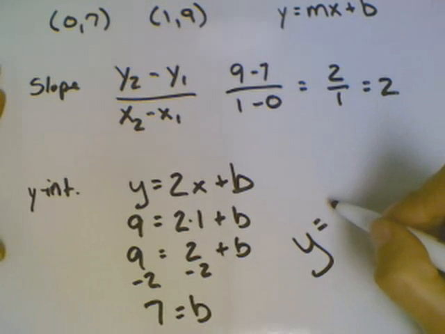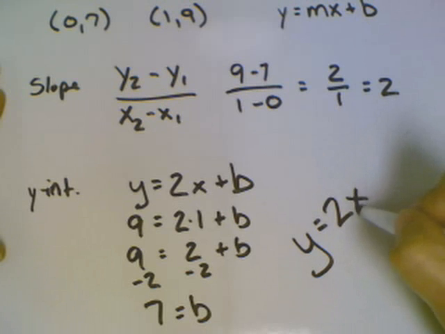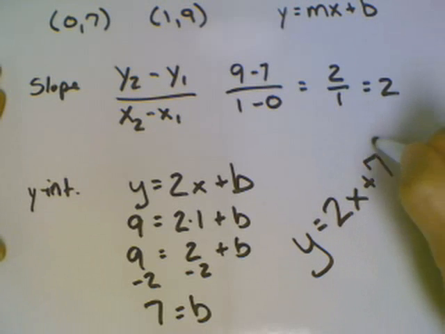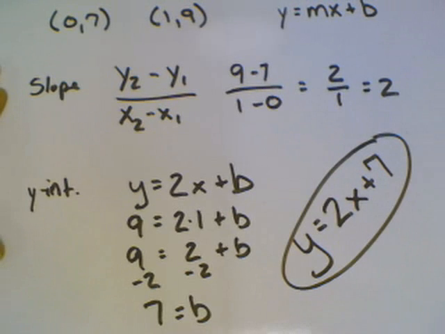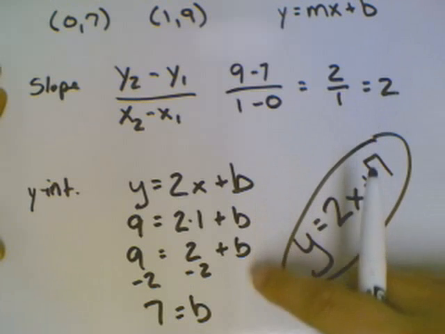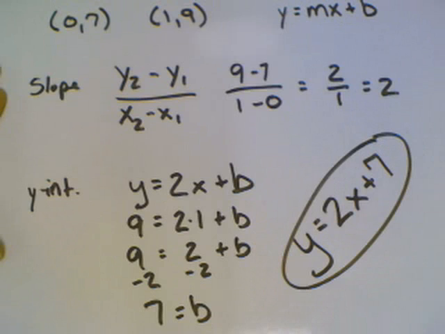So the written equation of this line, the slope was 2 that we found, and the y-intercept was 7. Use the slope equation to find the slope, plug in a point to find